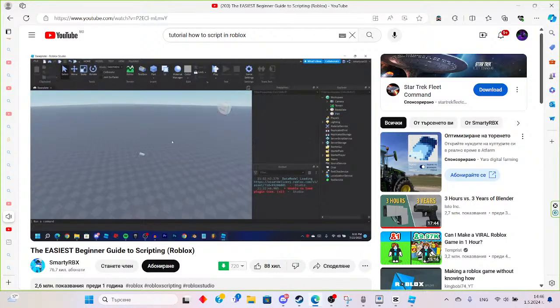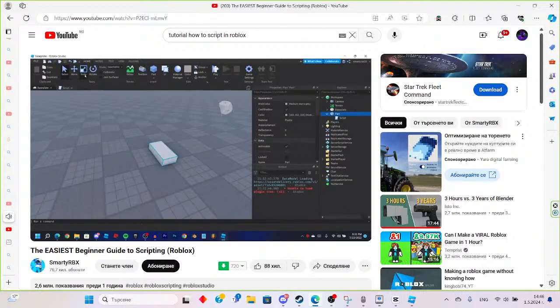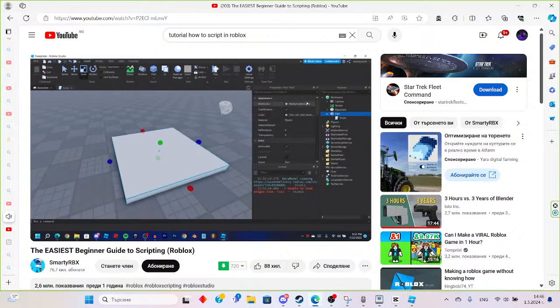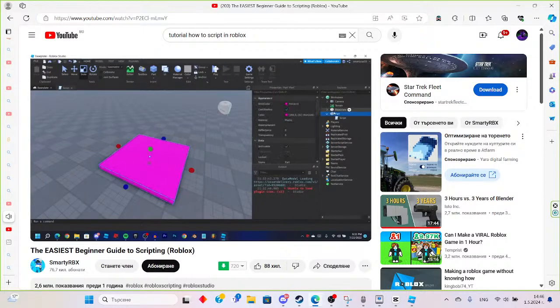So just click the part button up here, and we're gonna scale this part up just a little bit, and I'm gonna color it pink. So it's just a pink part, and we're gonna name this part Pink Part with a capital P on both